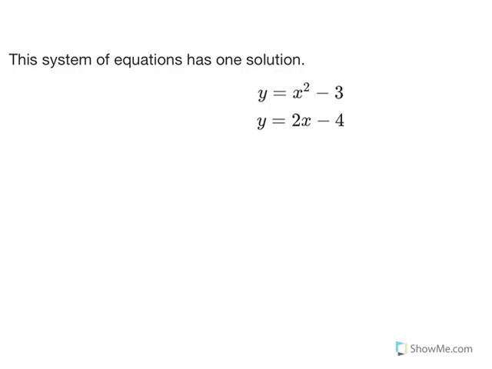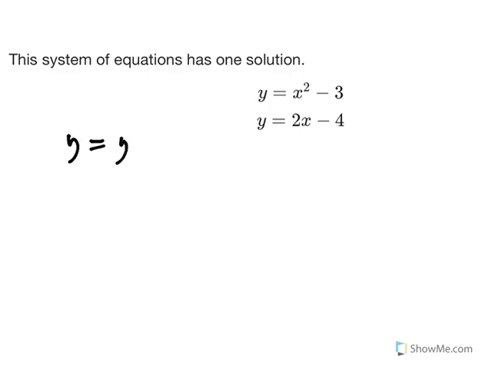This one is a little harder to do with elimination, because I can subtract the y's easily, but then x squared minus 2x, I really can't do that well, but I could easily do that here, and you can see that in a second. So substitution usually is a little bit easier here. What I'm going to look at is I see both these y's are equal to each other, right? So if I know that y equals y,